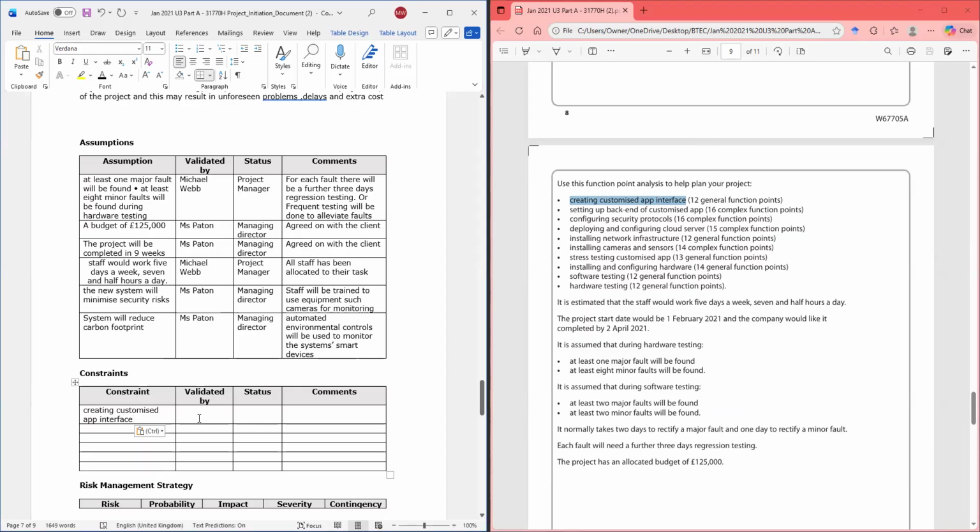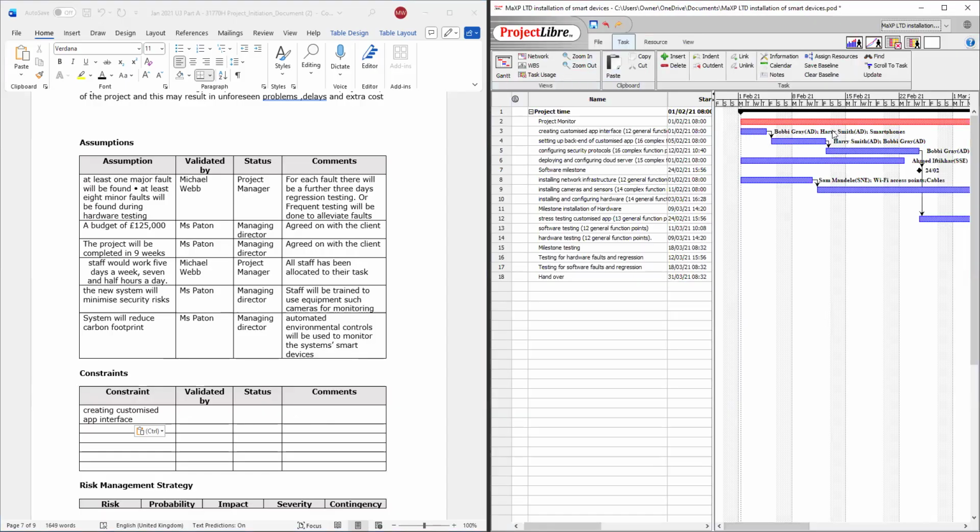Validated by would be whoever is working on it or their superior. And who is working on this? It would be the app developers.